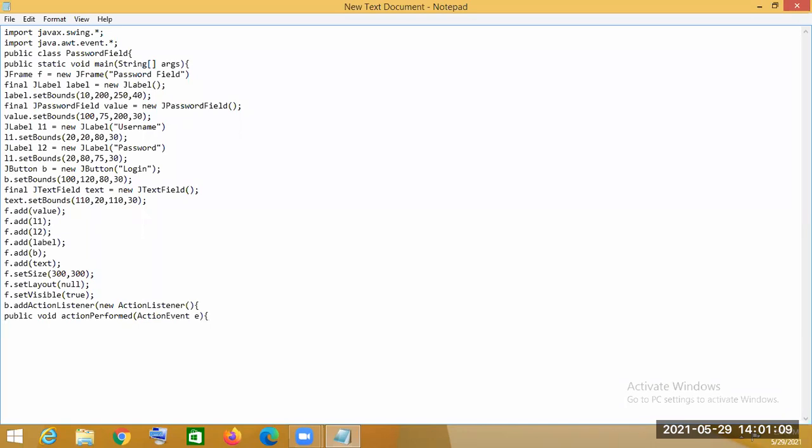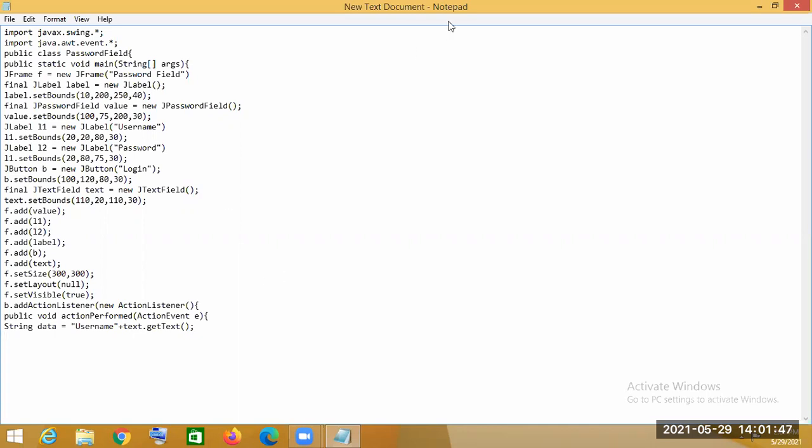After that, there will be something written in the username, and we'll read that. For that, we use String data equals username plus text dot getText. So what does this mean?